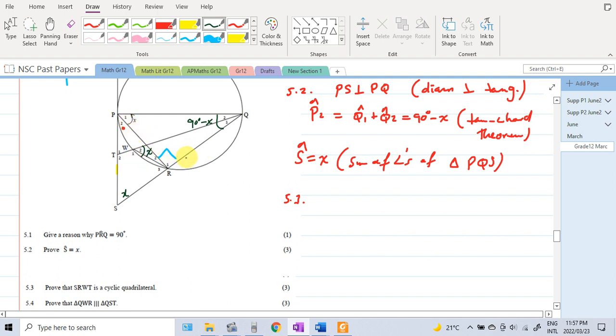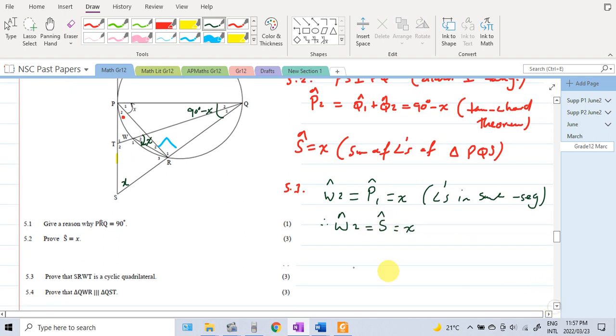So angle W2 is equal to angle P1, which is equal to x. Angles in same segments. Remember, that's what we're looking for, exterior. Now we can see we've got an exterior angle of a cyclic quad. The exterior angle is equal to the interior opposite angle, and we can say therefore angle W2 is equal to angle S, which is equal to x, and therefore